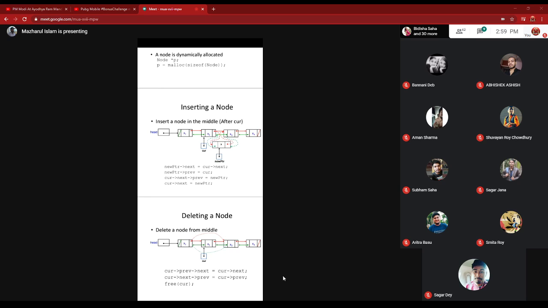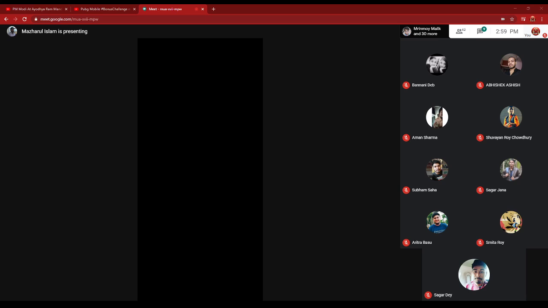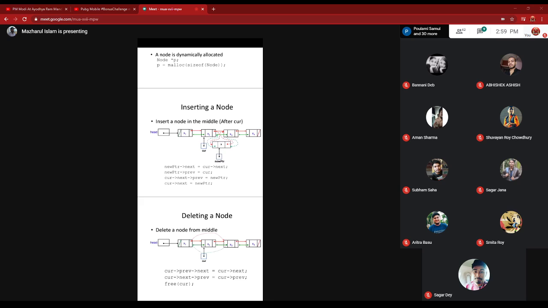So first thing you have to allocate memory for the node of the doubly linked list. That newly created node is now pointed to by newptr. Now this newly created node is only just allocated in the memory, but its previous pointer and next pointer are both uninitialized. It is not linked with any previous node, nor with any next node till now. Okay, now what is your job? Your job is that this newly created node should hold the address of the next node. This newly created node also should hold the address of the previous node.